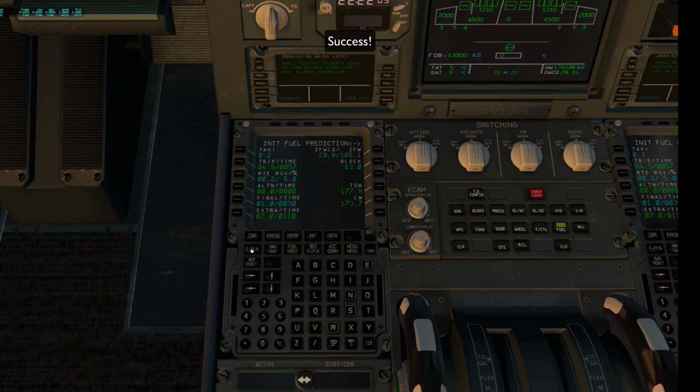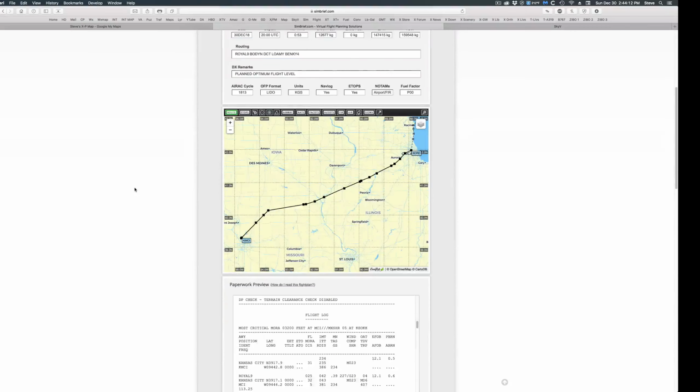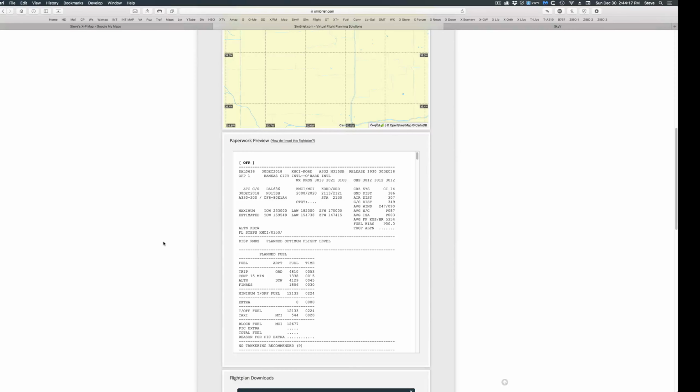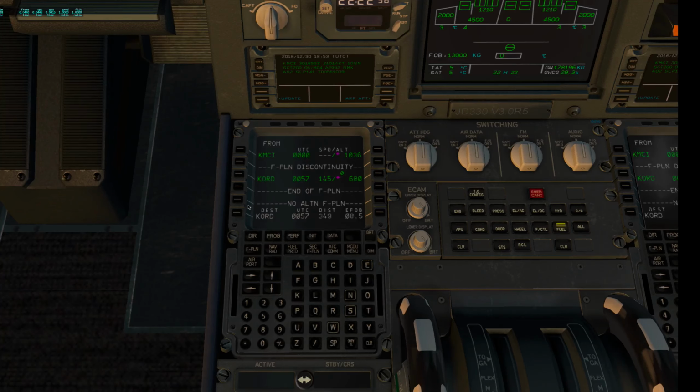Now we can go to our flight. So we start off at KMCI, and again, I want to go back over to SimBrief and see what runway we're using. So to do that, I'll come back up here to the routing, and we're coming out of KMCI on 19 right. I'm using Royal 9 to Bowdoin. So 19 right. And Royal 9 to Bowdoin